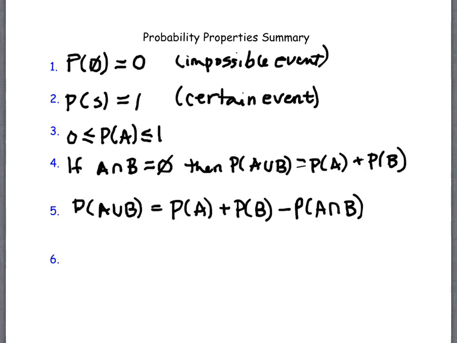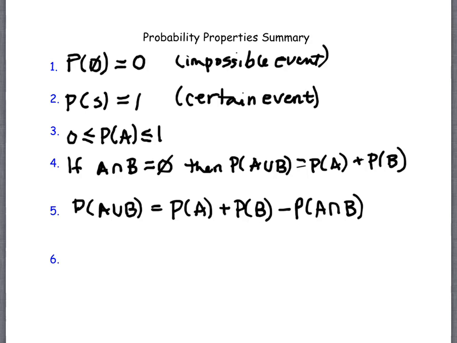And it's also important to realize that this is just a more general case of number 4. Notice on number 4, if you had the two values, they don't intersect at all, right? If that's equal to the empty set, then that means this is an impossible event. It can't be in both sets at the same time, right? So if you used this formula, what would the probability of A intersect B equal if they never intersect? 0, right? So this formula on number 5 actually turns into the same formula as number 4 when you look at the case where there's no intersection between sets. Okay, so it's just a more general case that actually covers that possibility as well.